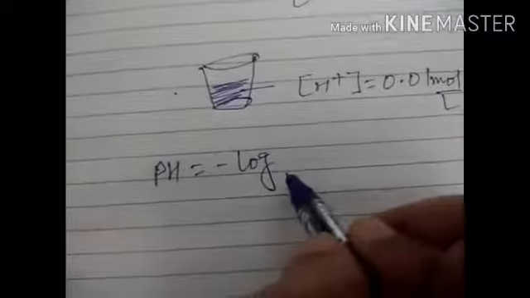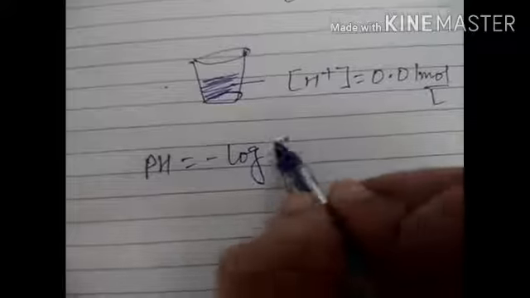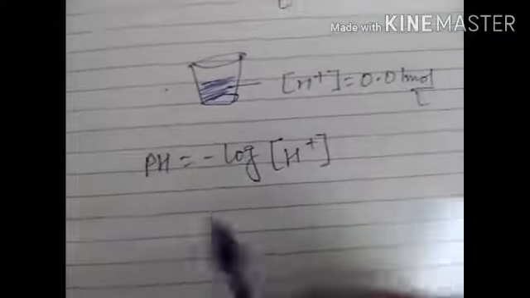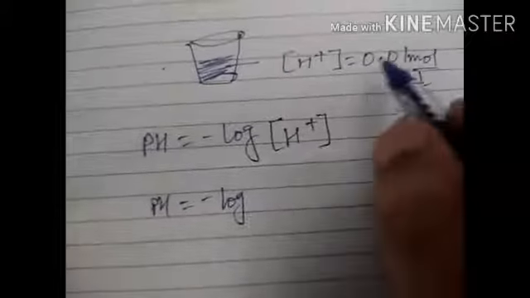Now let us take an example. For example, an acidic solution is there. I have kept the solution in this glass, and it is acidic. Say the concentration of H plus ions is 0.01 mole per liter; we can change this concentration also. So what will be the pH of this solution? pH is equal to minus log to the base 10. I can skip that 10, so simply I write pH equals minus log of the H plus concentration. Now instead of H plus I can write 0.01.